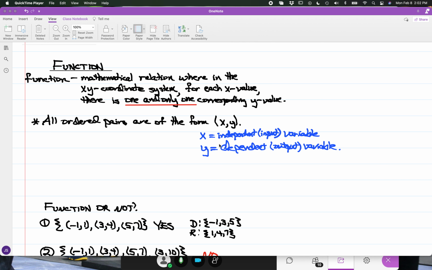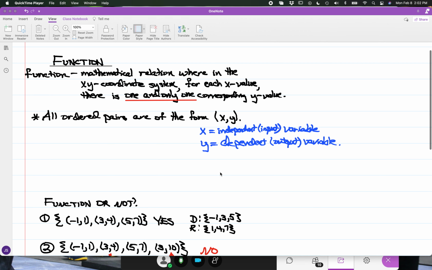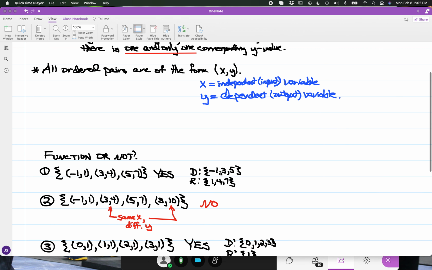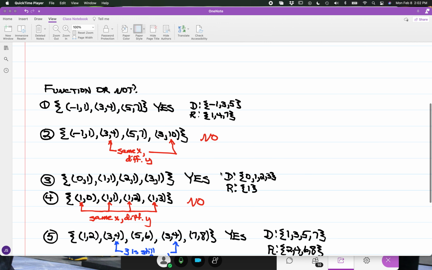And again, when we looked at samples of ordered pairs that might be functions or not, among our cases, say if you have (-1, 1), (3, 4), and (5, 7). We had this to be a function because for each x value there is only one corresponding y value. With the domain, you have the set of x values, which we have with -1, 3, and 5. And with the range, you have the set of y values, which we have with 1, 4,